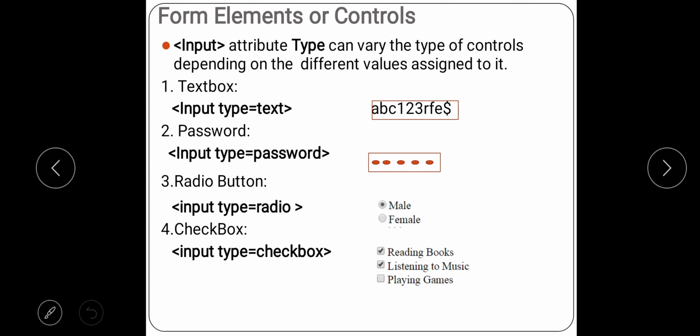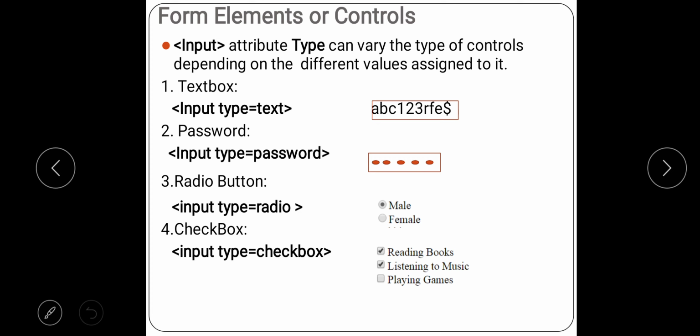So first, if you have to create a simple text box, what is the tag you are using? Input tag, right? You already saw for which all controls you have to use the input tag. So the input tag is open, and the attribute you are using is type. Now this type, if you give value equal to text, then a simple text box is created.